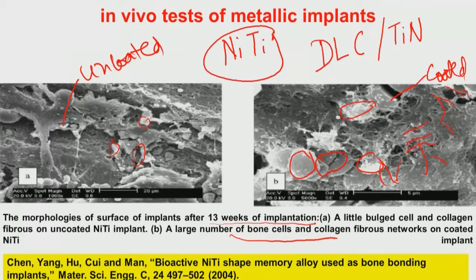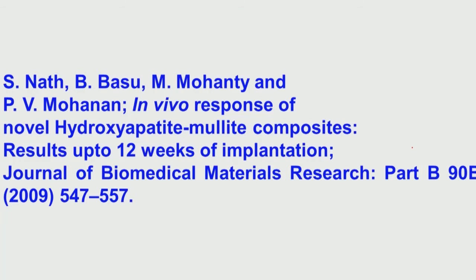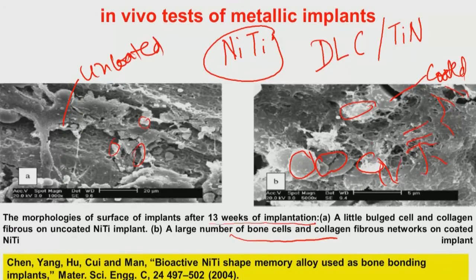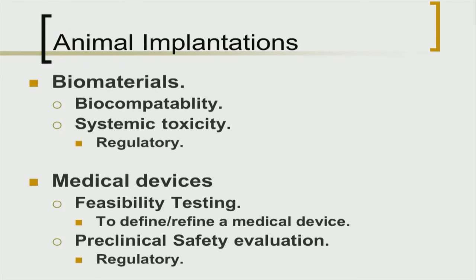So, in both the cases, if you put coatings, certainly the tissue response is enhanced. Okay. Now, having given this background on the tissue response in terms of scientific understanding, I will now explain